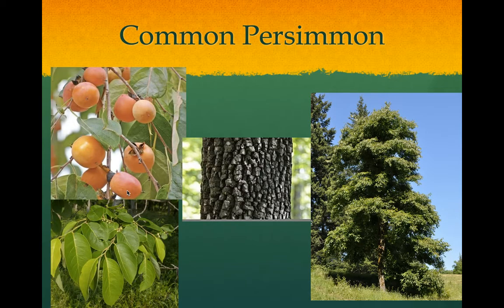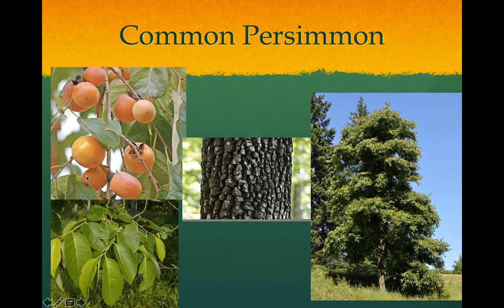The interesting thing about a persimmon tree, and one that helps you to be able to identify it, is right here. The bark of a persimmon tree typically is kind of a checkerboard pattern, and there aren't a whole lot of trees that have that checkerboard pattern. Dogwood has a checkerboard pattern, but it's not quite as deeply furrowed as what you're going to see on a persimmon tree. A persimmon tree tends to be pretty tall, and it's this time of year you're going to see